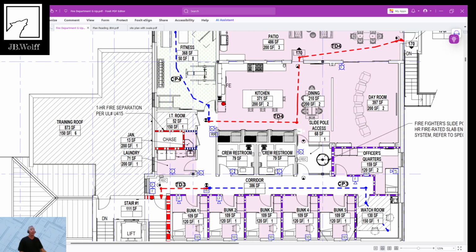And we were able to hammer out the issue because I have a relationship with the architect. If I don't have the relationship with the architect,